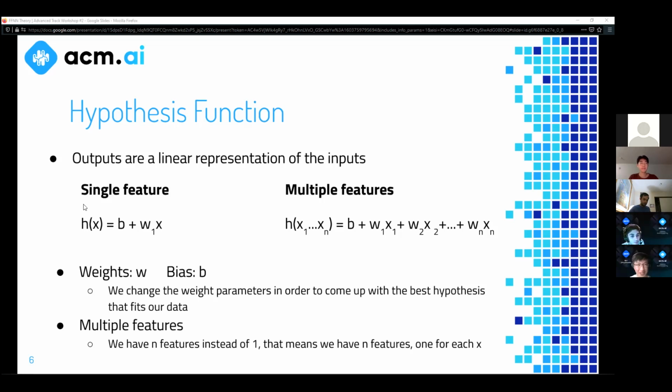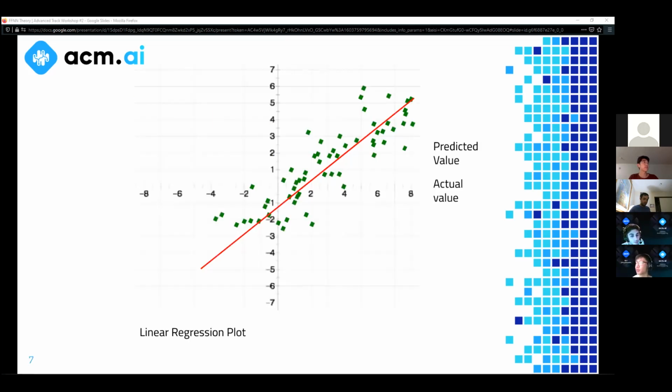Right, so I wanted to give a little bit of an example. I think it was on last week's slides as well, but I wanted to ask a little question about this. There we go. The red line here shows the predicted value, so this is sort of like the hypothesis function. And the green dots are the actual data that we're training on, right? The y-axis here is the output, and the x-axis is the input. My question is, how many features do you think this model has?